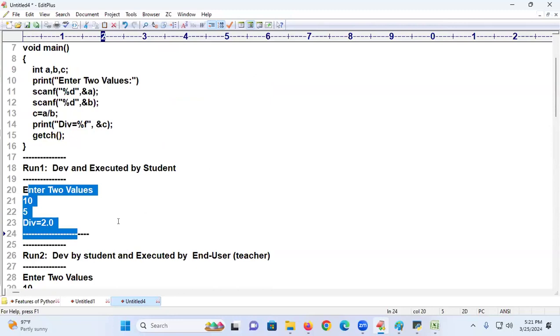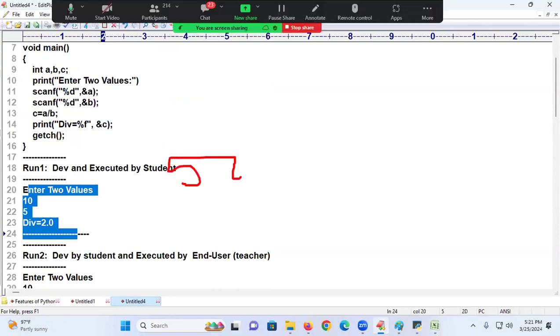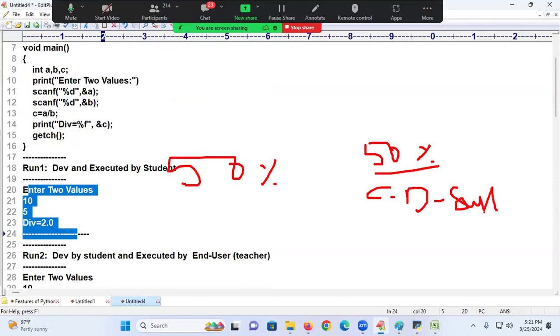What are they doing? Simply they will write like that. They will show the result and you will feel that you know it. Result is called 50% only. Rest of the 50% is what? Code debugging skills are important. Error debugging skills are important. When an error comes, how to come out of that, how to make the program run happily. That is called a skill.